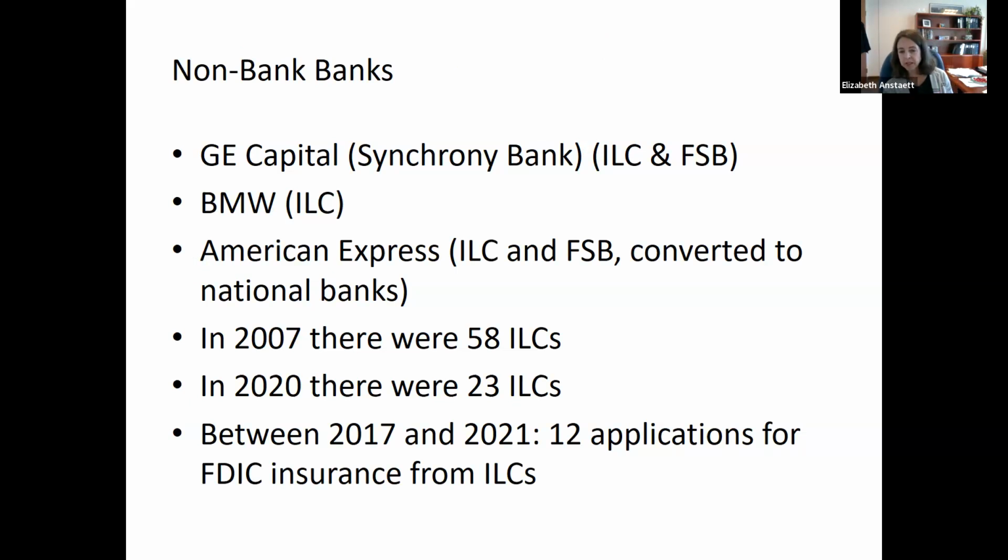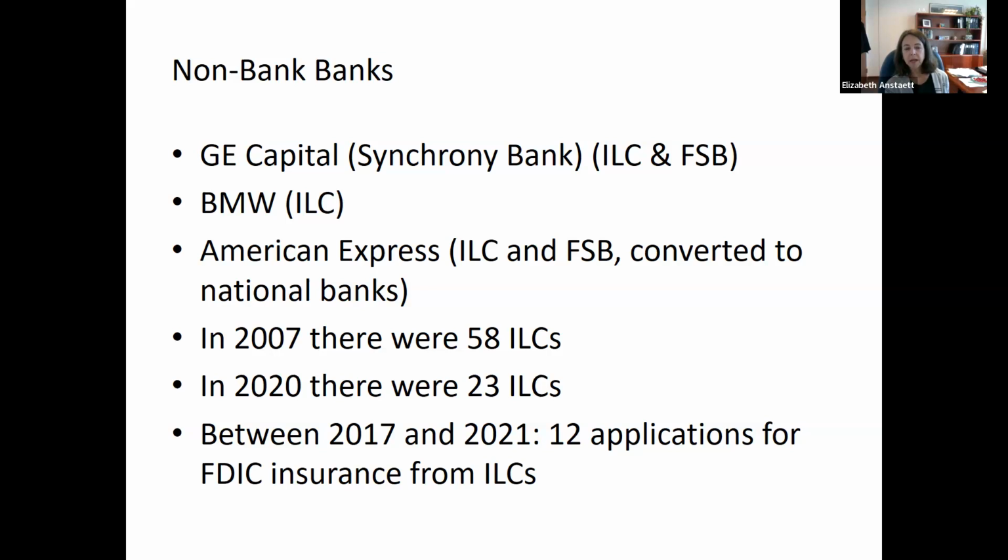federal savings bank, which was also another exception. They closed down their ILC and they turned their federal savings bank into a national bank, but they had them for quite some time. BMW continues to have an industrial loan company, which they use to offer all kinds of credit, in part to people trying to purchase BMWs. And so BMW could never own a bank under the Bank Holding Company Act, but they can own an ILC. American Express also had an industrial loan company and a federal savings bank, which they merged and converted to a